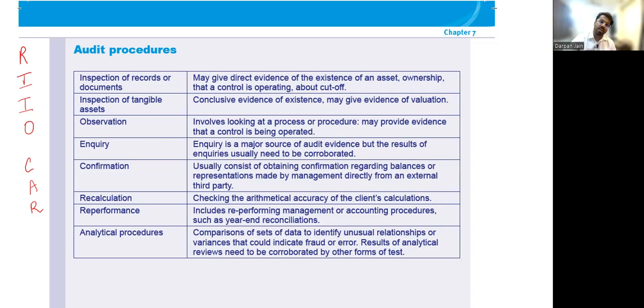Double I is given there, but we need triple I. We need three I's: R, triple I, O, C, A, R. REOCAR. This is nothing but an acronym. Remember this acronym. Now let's see it in more detail.